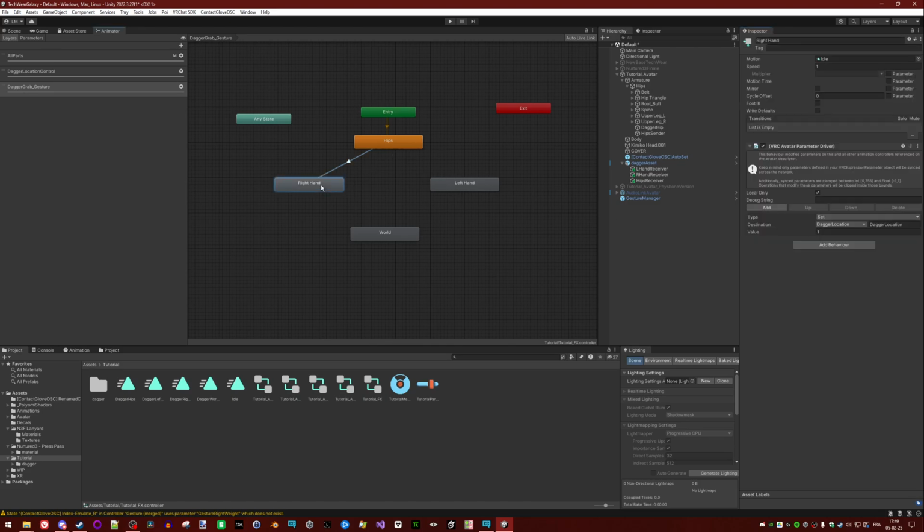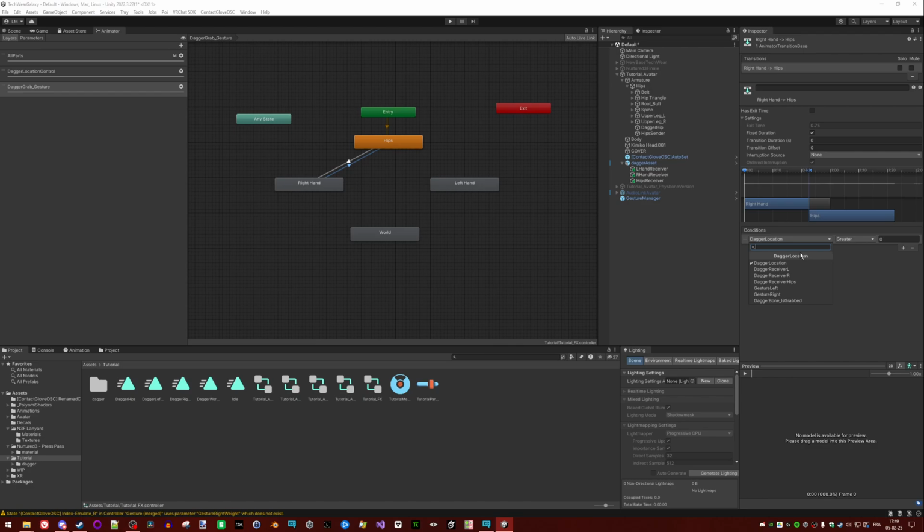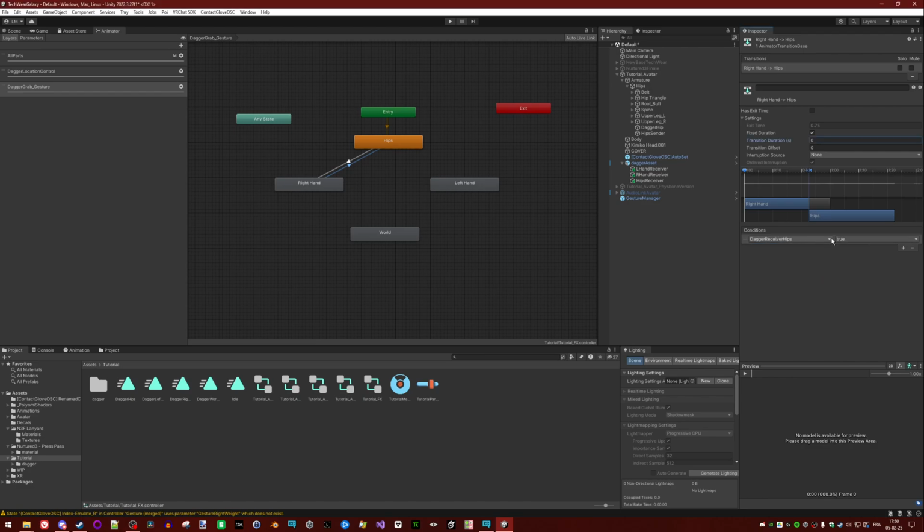For the right hand to go back to the hips, don't forget this. You need the dagger receiver hips to be true, so the dagger sees the hips, and the gesture right equals 2, so the hand is open.